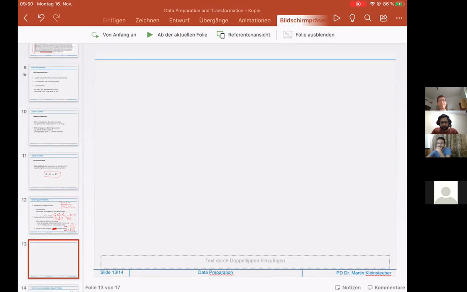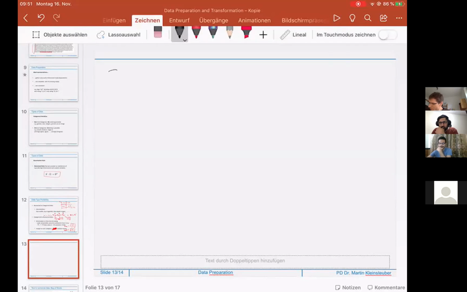So there are perhaps some other ideas, and we want to go through these ideas a little bit so that you can also use them in your assignments. The idea is, if you want to go from text to numerical data, how could that be possible? So we have one text here,